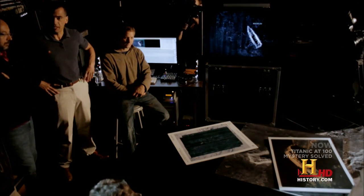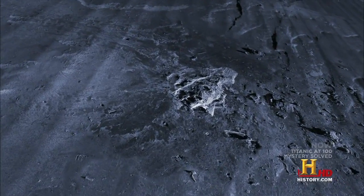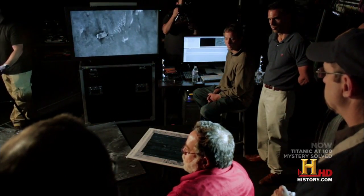For the first time, this group is really looking at the data and the imagery that we brought back. It'll be interesting to see what people think about it. What's going to be good about this is now, with this level of detail, what looks like chaos actually has patterns. It's up to this team to decipher those patterns. Everyone is interested in the sinking, but in addition, each member will use the map and video for their own specialty, with everybody's skill set and data coming together to give us